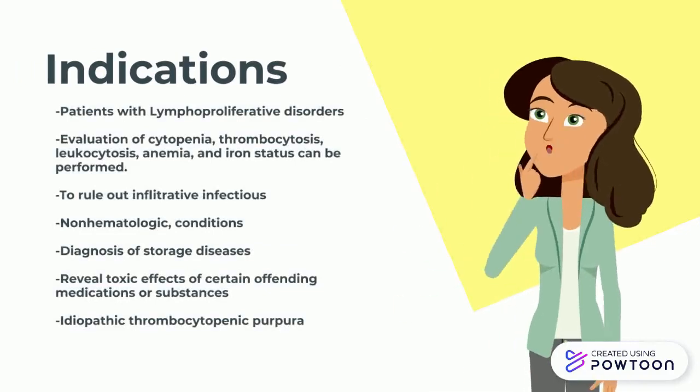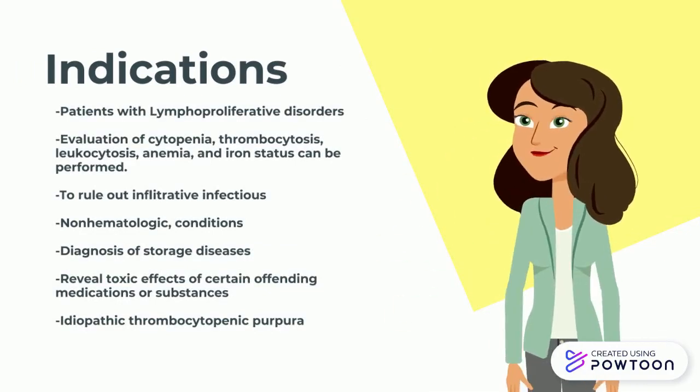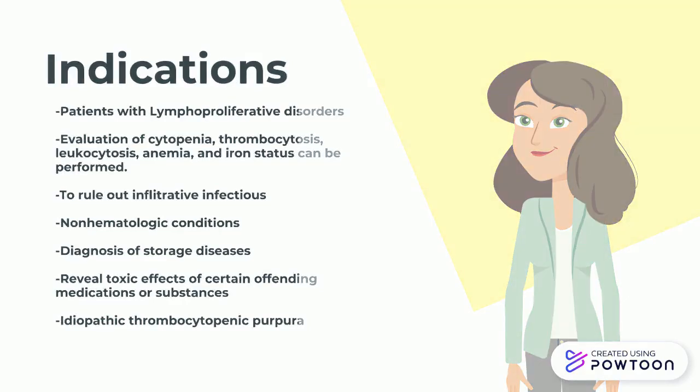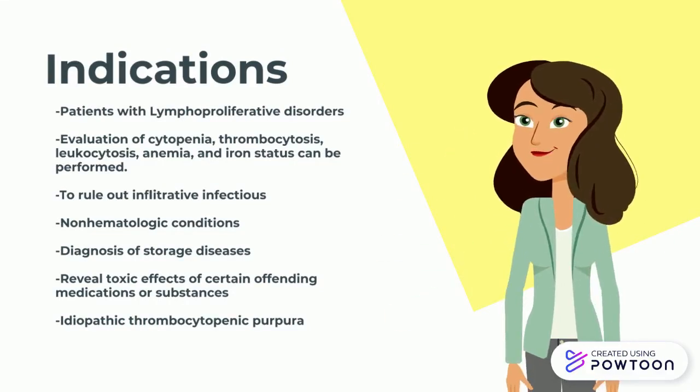We have these indications for bone marrow aspiration. First is patients with lymphoproliferative disorders. It actually diagnoses and monitors for these kinds of disorders, for example, chronic lymphocytic leukemia. It's indicated for patients with cytopenia, thrombocytosis, leukocytosis, and anemia, since bone marrow aspiration can evaluate